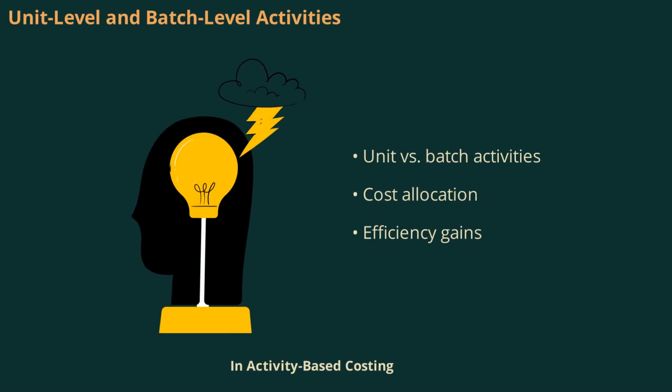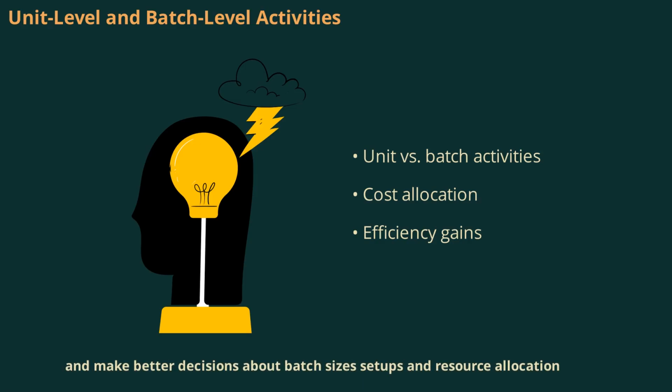Activity-based costing: activities are classified by how they relate to production. Unit-level activities occur every time a product is made, like using raw materials or labor. Batch-level activity, such as machine setups or processing purchase orders, happens for each batch rather than each unit. Understanding these distinctions allows managers to allocate costs more precisely, identify inefficiency, and make better decisions about batch sizes, setups,